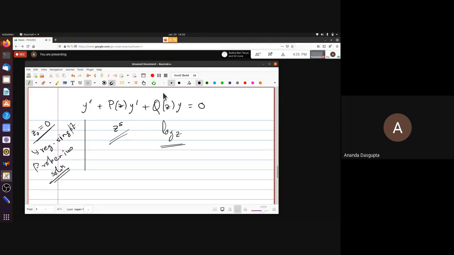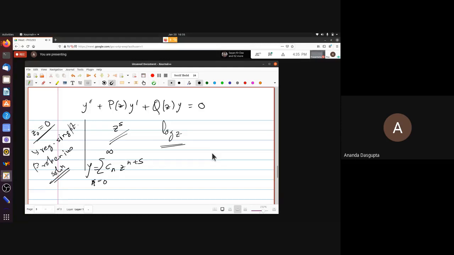The way you start with the Frobenius method, of course, is that you assume that the solution y is of this kind: the sum of Cn z to the n plus s, where n goes from 0 to infinity. So the singular solution that you get here is singular basically because either s is negative, in which case you have a pole, or s is fractional, in which case you have a branch point. The other kind of branch point that you can have when you have a regular singular point in the equation